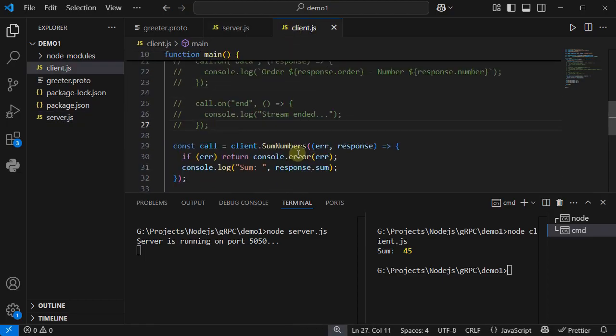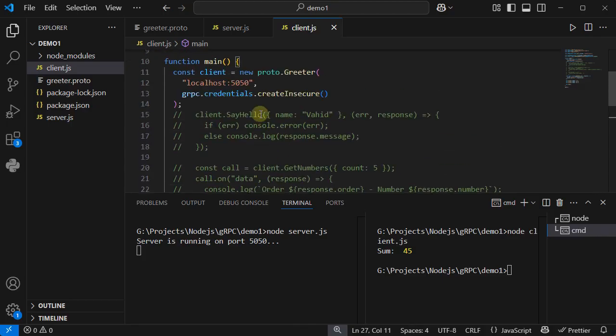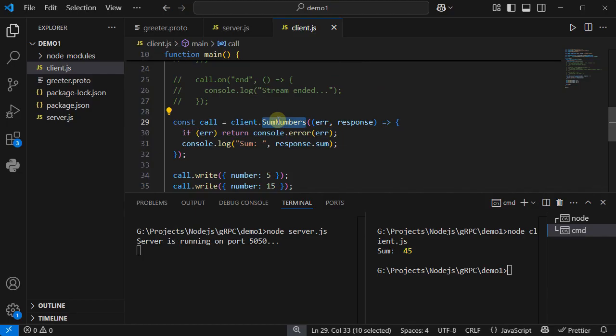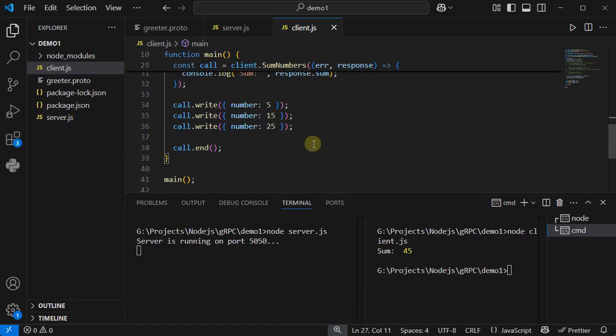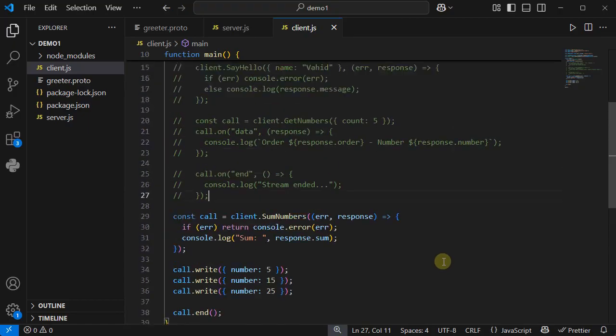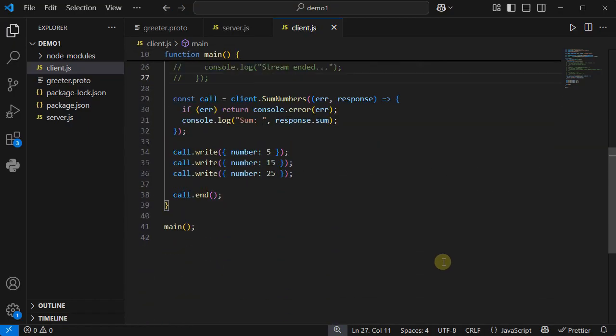And inside the client, after creating the client using Proto, we need to call that method or that service, providing the callback function and save the output of this method call or service call. And then using the write method, we can pass data to the server. Now let's see how to do